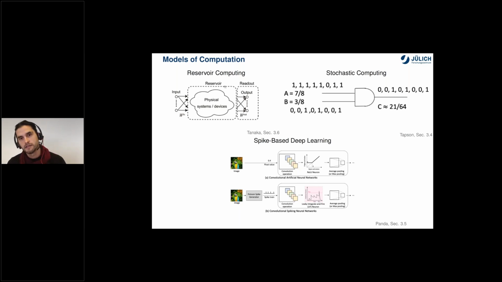The reason why I like these three models of computation is that you can mix and match them. In several of these models of computation, we use either explicitly or implicitly the ideas of reservoir computing for training, as well as stochasticity, because our devices, our systems will have that inherent stochasticity. And a key method, and something that of course occurs in all of these computational models, is that we need to train and learn from these systems.